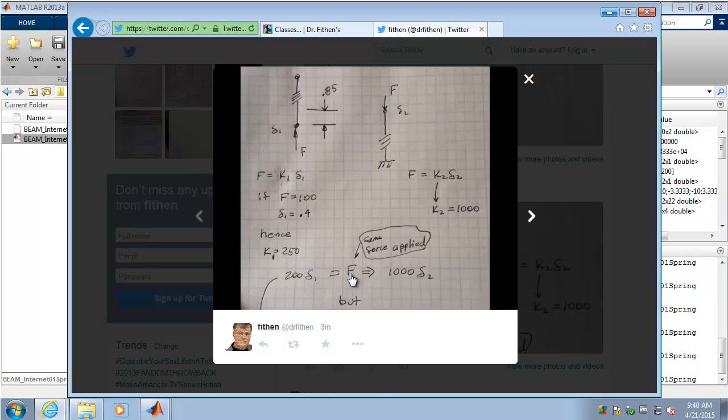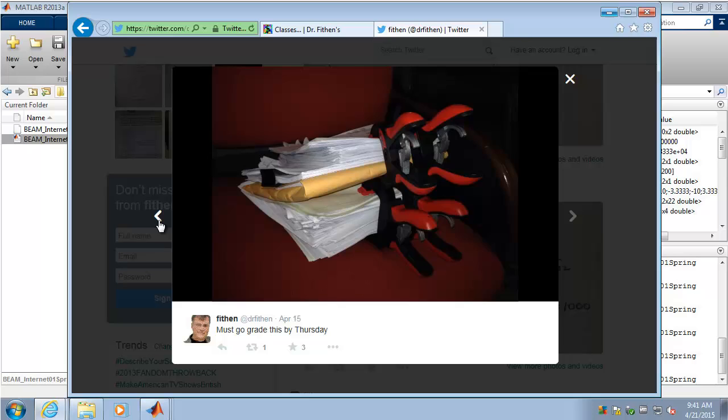Well, whatever it is, the force has to be the same on both. And the deflection has to be, now, hang on a minute. That's supposed to be 250 right here. So imagine that this is 250. Okay, so we got a problem. It's 250 delta 1 is going to end up 1,000 times delta 2, which means you slide this under and you'll get, oops,